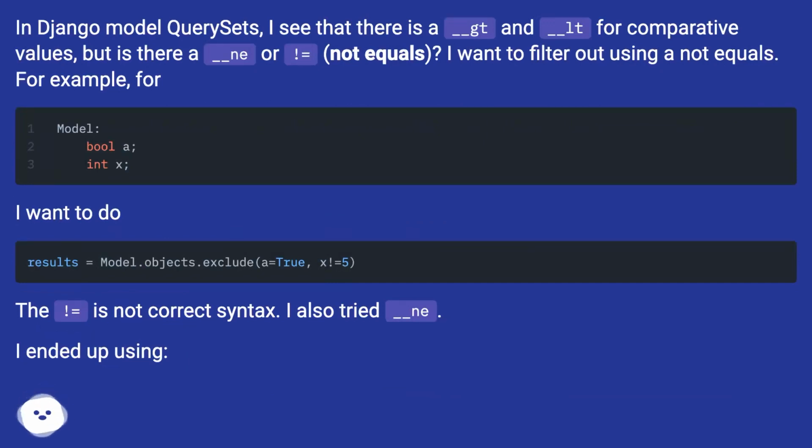For example, I want to do this. The not equal is not correct syntax. I also tried _ne. I ended up using